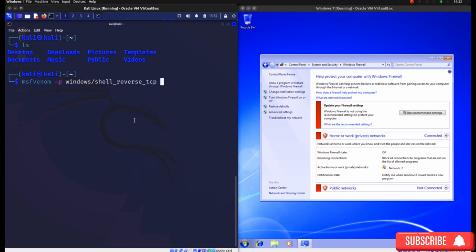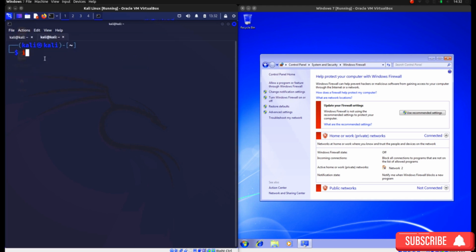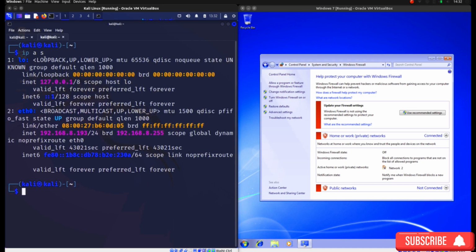Then what we want the program to do is to give access to our computer. So we type lhost, specify that it connects to our computer, and then we need to specify the network address or the internet address of our computer. Now we can get that using another command, ip a. If you type that command, you'll see devices, the loopback device, which you can ignore, and you'll see you